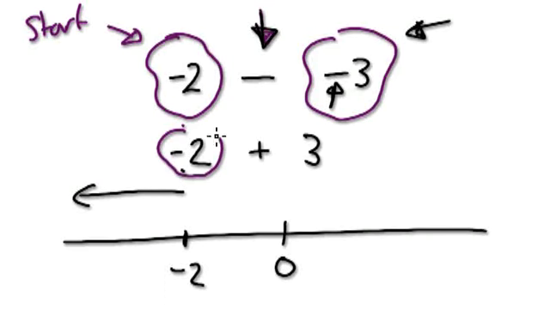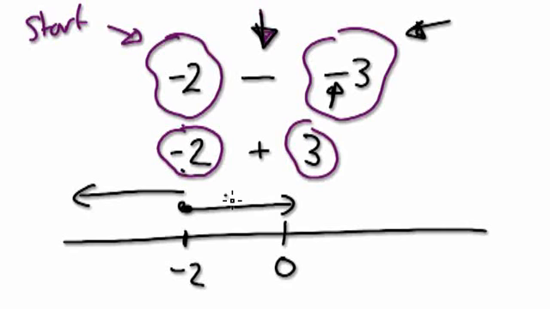It's similar to that. So -2 here. We've got to minus -3, so we've got to go 3 to the right. I would go 2 first, just to go back to 0, and then I would take another 1 step, which would take me to 1. So -2 minus -3 equals 1. I know it's weird, but